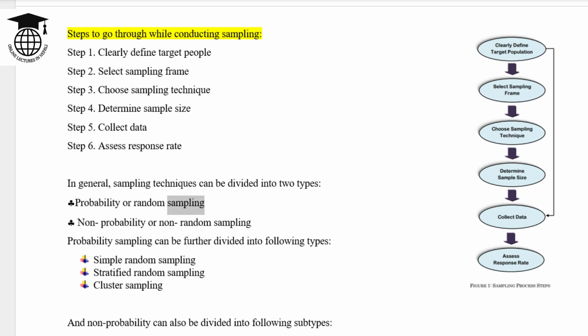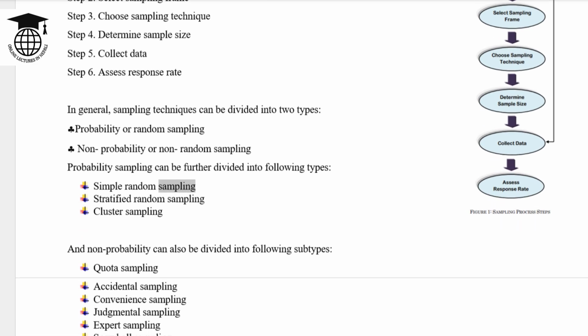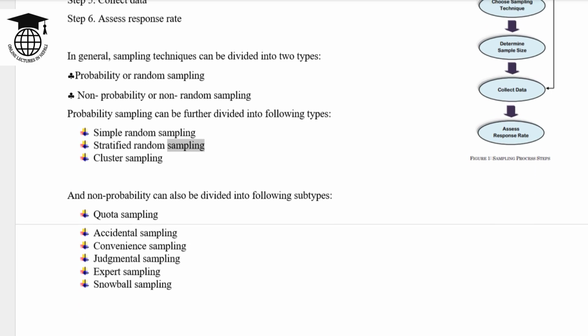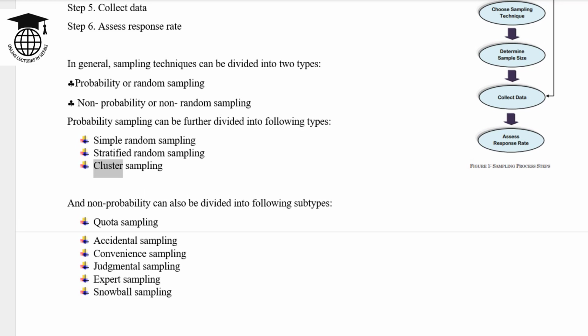probability or random sampling, non-probability or non-random sampling. Probability sampling can be further divided into the following types: simple random sampling, stratified random sampling, cluster sampling, and non-probability can also be divided into the following subtypes: quota sampling,